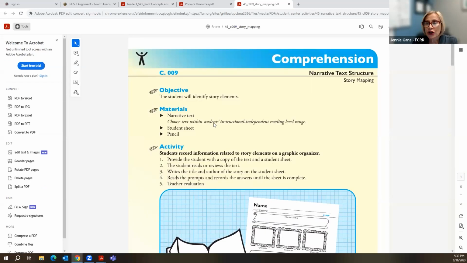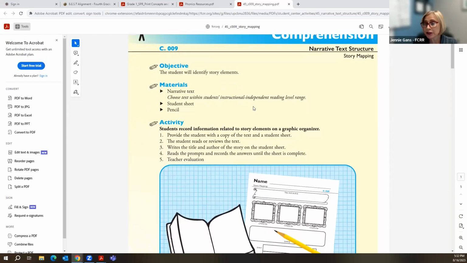Okay, great. So remember, we were following before that these activities, this is one little person here. So this is meant to be a single person activity. And C009, comprehension 009, is a more simple skill versus the higher numbers. So in this particular activity, we're looking to identify story elements.